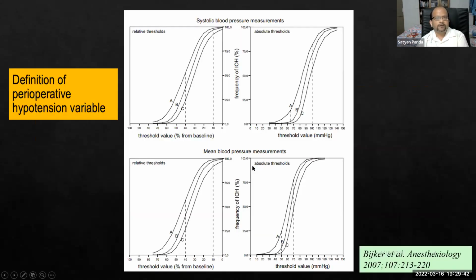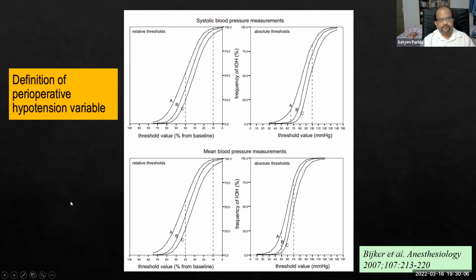So here we go. The problem with perioperative hypertension has always been that despite anesthetizing patients for decades together, we really have no consensus on actually how this entity needs to be defined. And that's what was actually acknowledged in this rather older systematic review, which seemed to demonstrate that